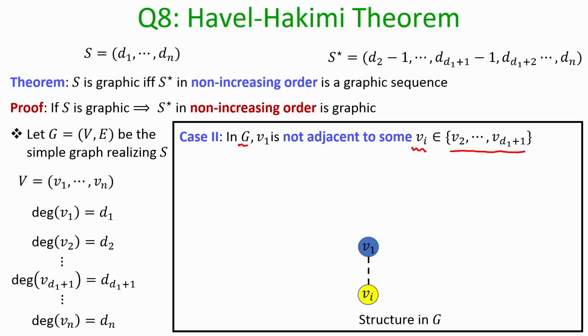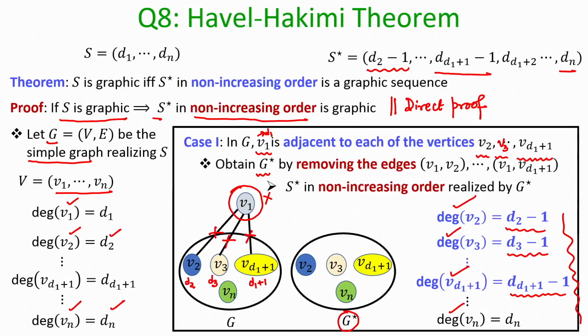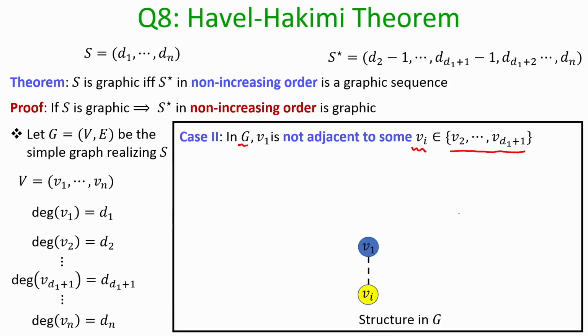So, what do I mean to say here is the following. In case 1, if you see, the situation was that V 1 was adjacent. So, V 1's degree was D 1, and those D 1 edges were contributed from the next D 1 vertices, namely the next D 1 vertices which have the degree D 2, D 3, D 4 and D 1 plus 1. Okay, that was case 1. In case 2, we are considering the case where this is not happening. That means, you have at least one vertex V I outside this set V 2 to D 1 plus 1 vertex number D 1 plus 1, such that V 1 is not adjacent to V I.